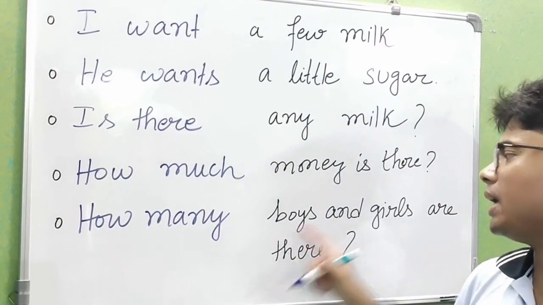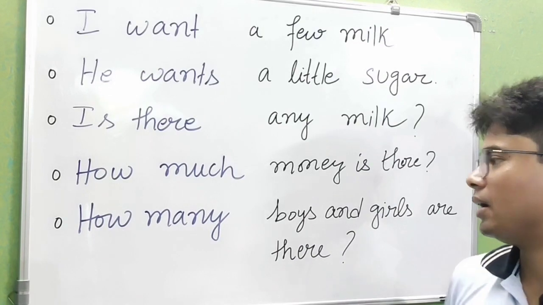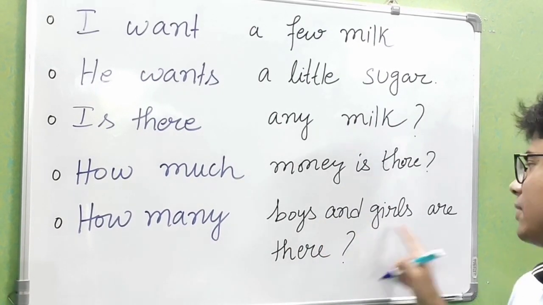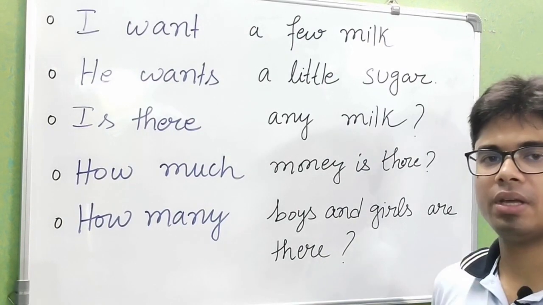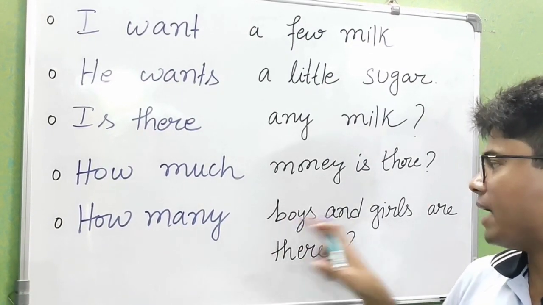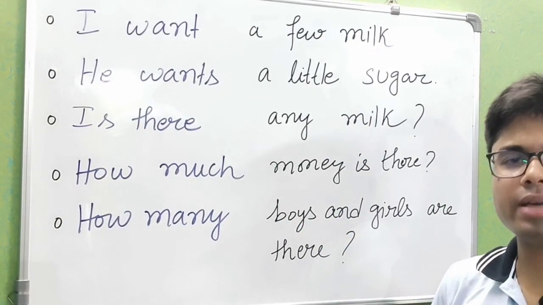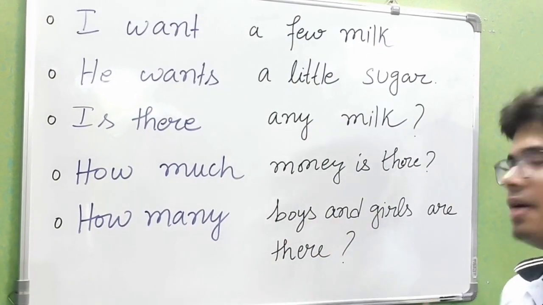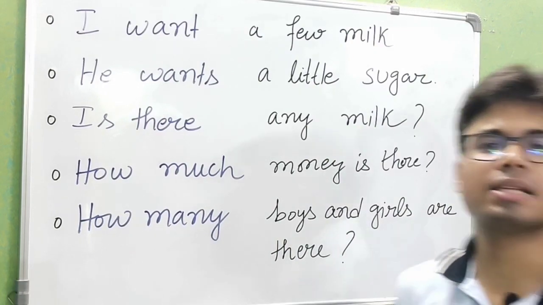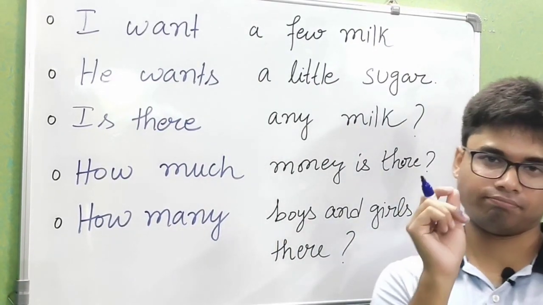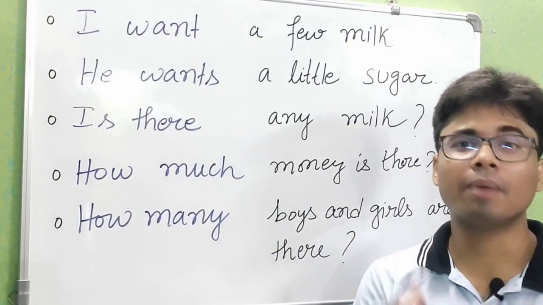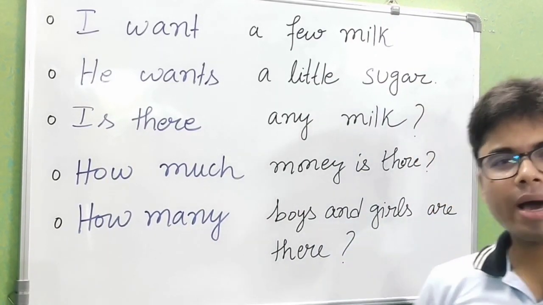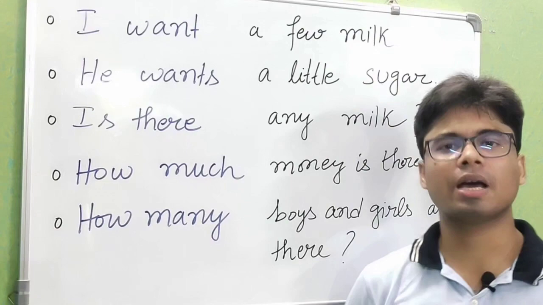Then, how many boys and girls are there? Here we can say there are 5 boys and 5 girls. Here in this case we are showing the number. That's why we are using many. Clear? So I hope I could make you understand everything about